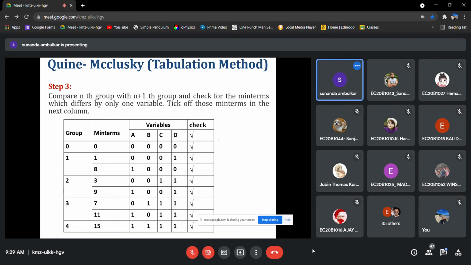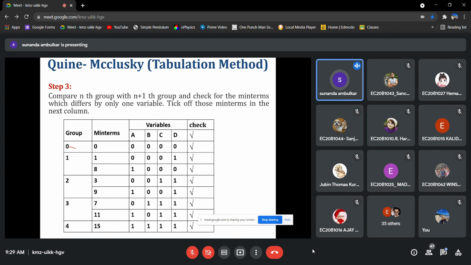We have to compare nth group with n plus 1 group, and we'll check the min terms in that group which have only one variable changing. If more than one variable is changing, we will not take those as checked.